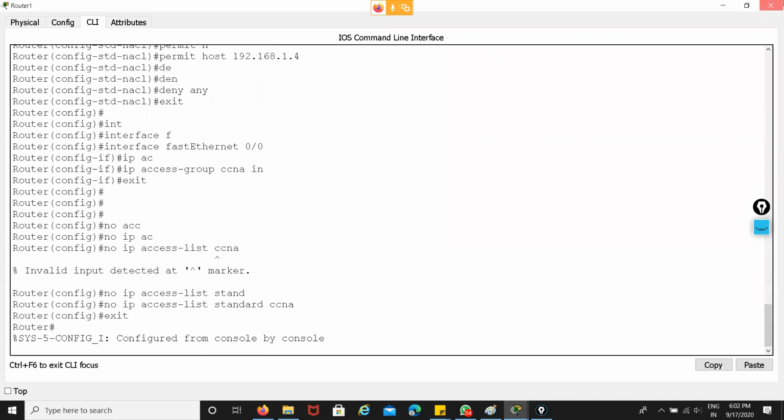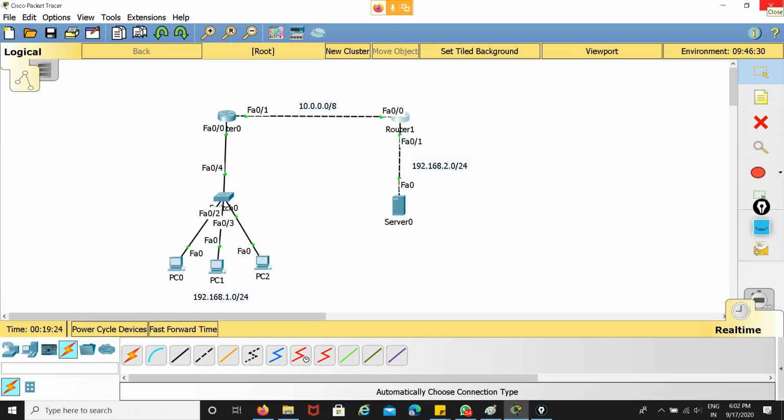Okay, so this is the practical of how to implement the standard ACL in the scenario. But you can see, if I want to implement the standard ACL on my network, there are some issues. Whenever I generate a packet, the packets travel a long way to reach the destination, and at the end they are filtered, and maybe some of the packets get dropped there.